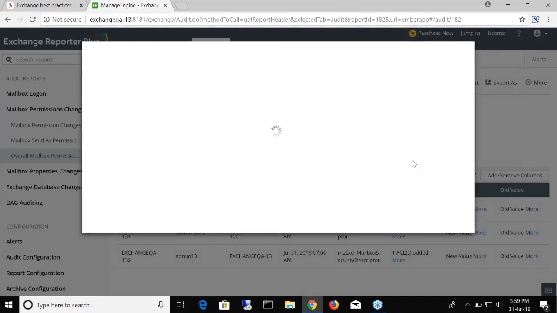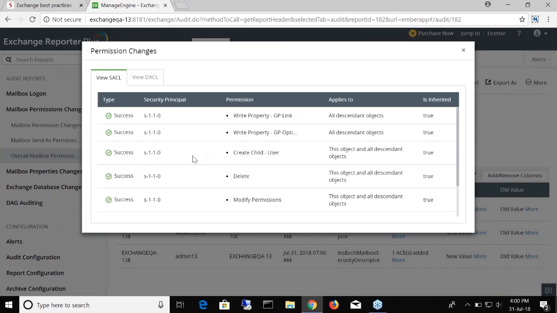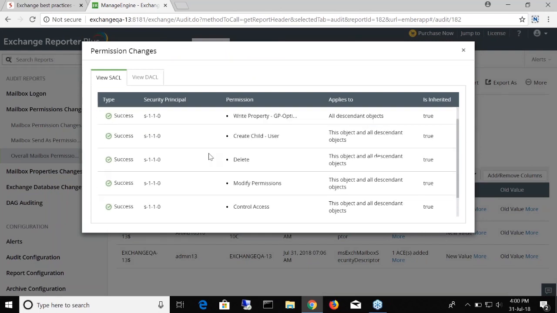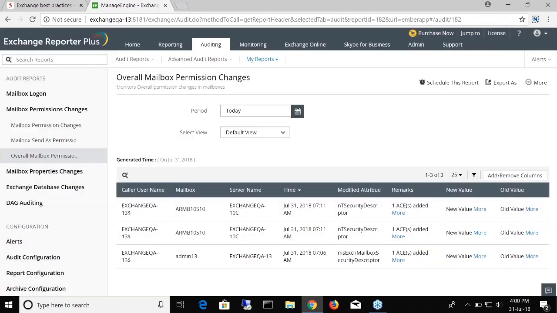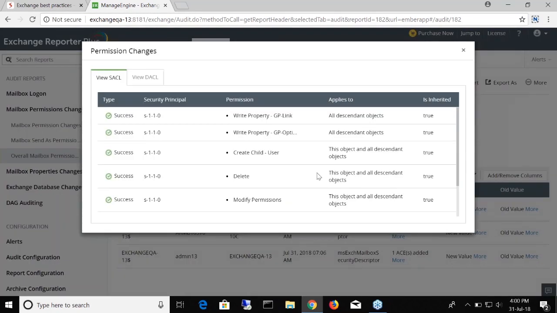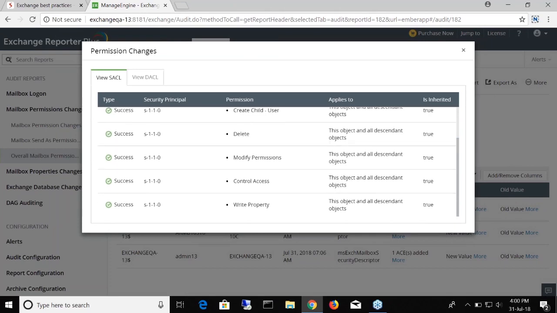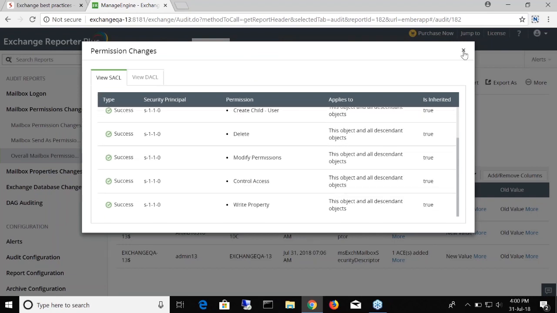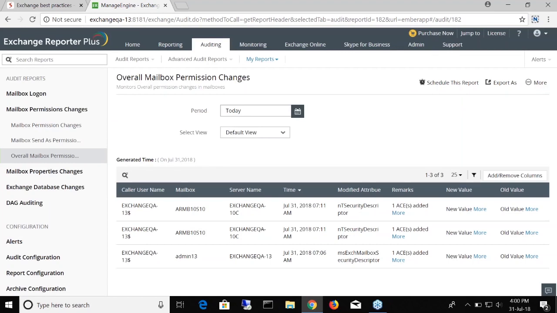So if you look at the old value for this very first entry, these are all the access control entries that are present here. So you can take a look at all these. Close the window, go to new value and see exactly what changes have taken place. And then you will know if any unwanted or unauthorized permission change has taken place. You can just take a quick look at this list and you will know if any rogue user has gained